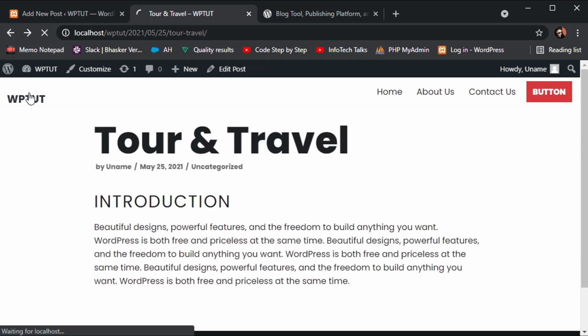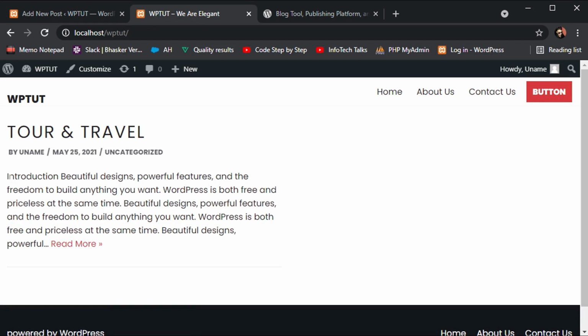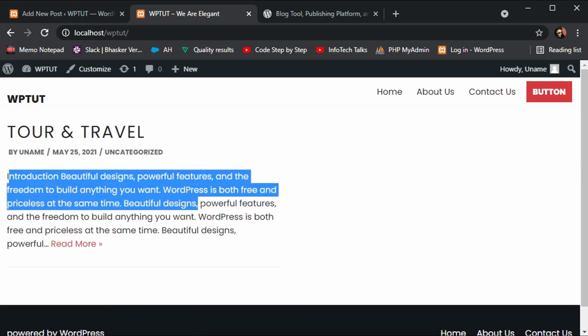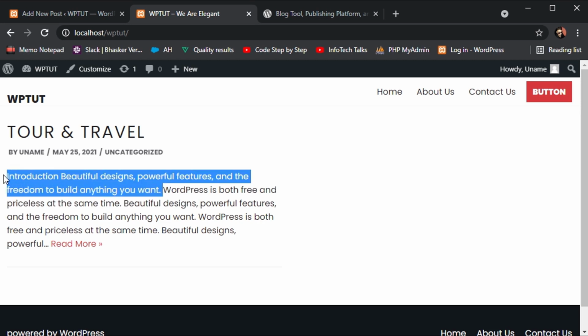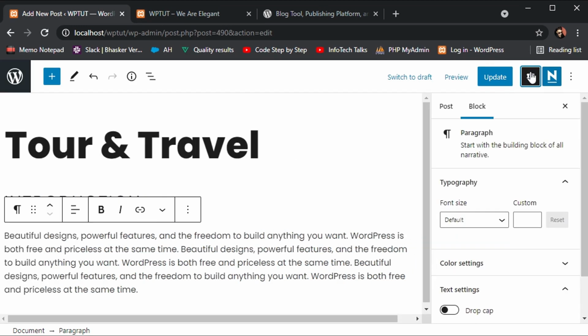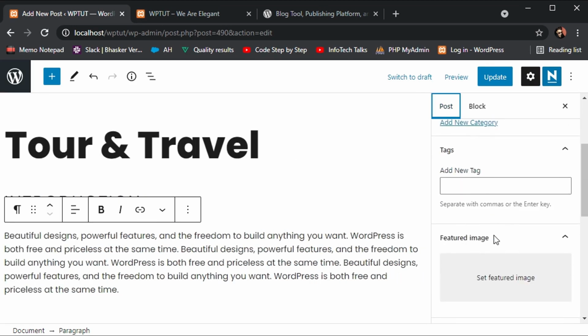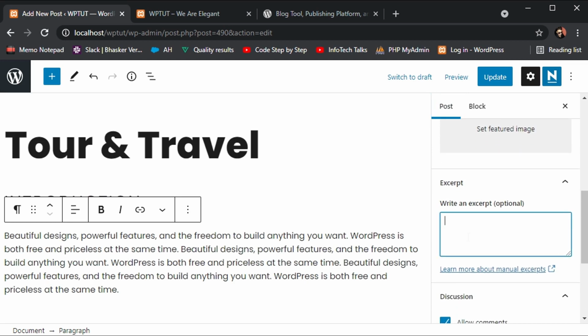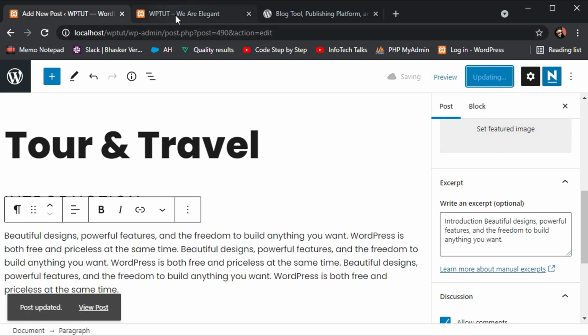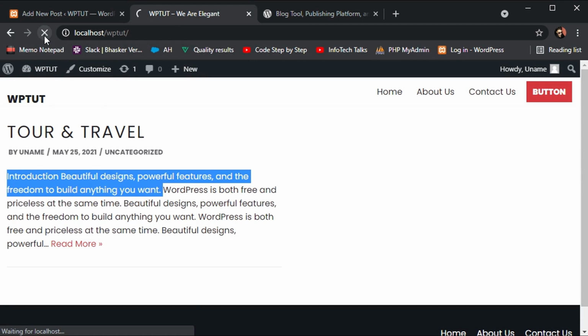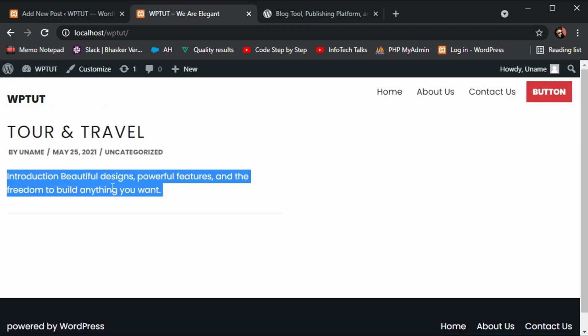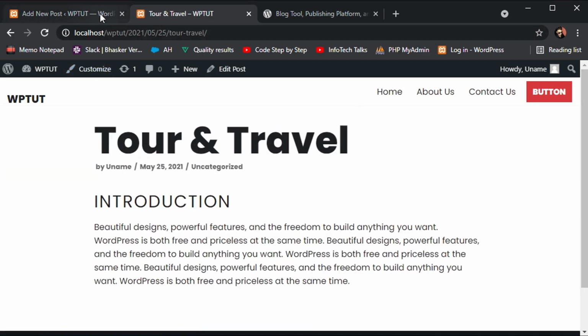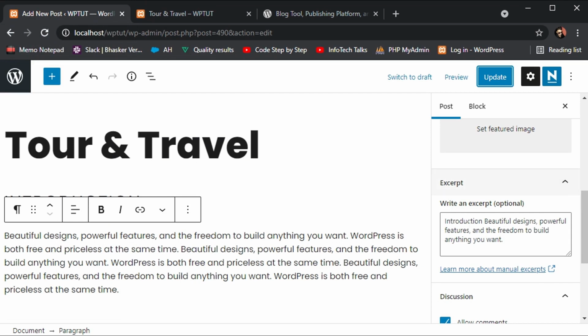You can also limit these words; you can set a limit. For example, if you just want to display 2 lines here, you can do that, and the option to do that is right here. Under Posts you will see this option. Simply enter the number of lines you want to display on the blogging page, and refresh it. You will see only the entered lines are displayed here, and by clicking on the title you can read the whole post.